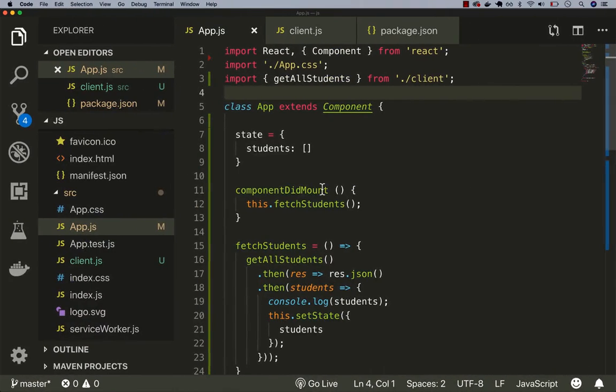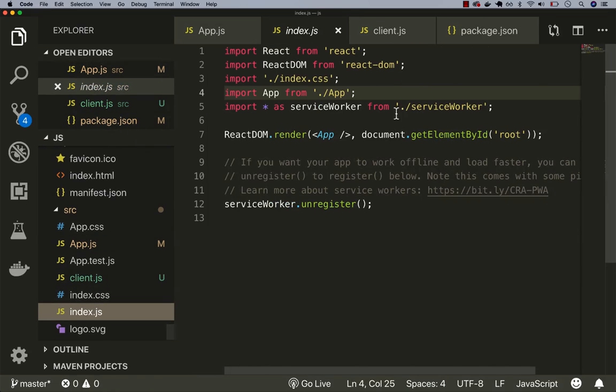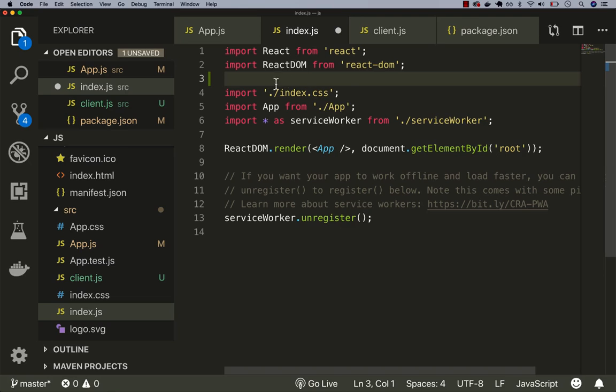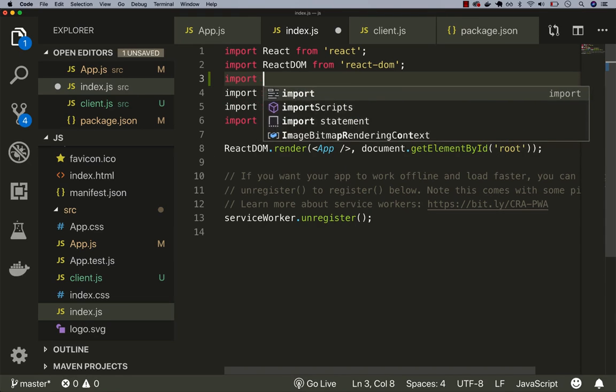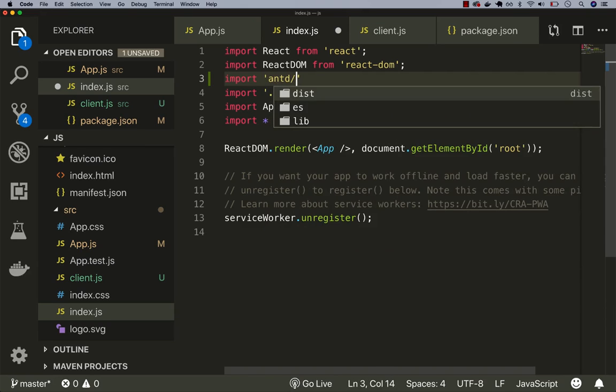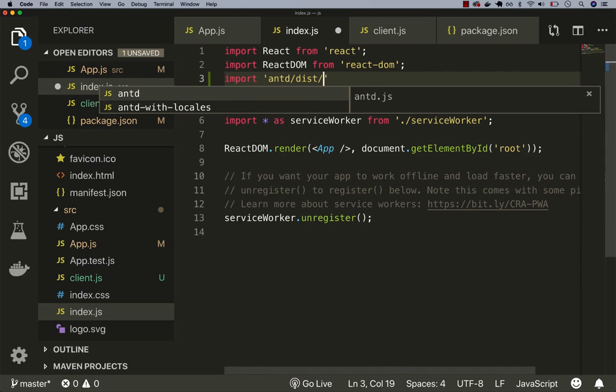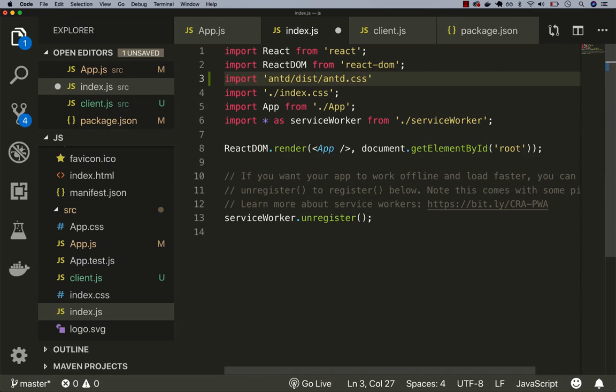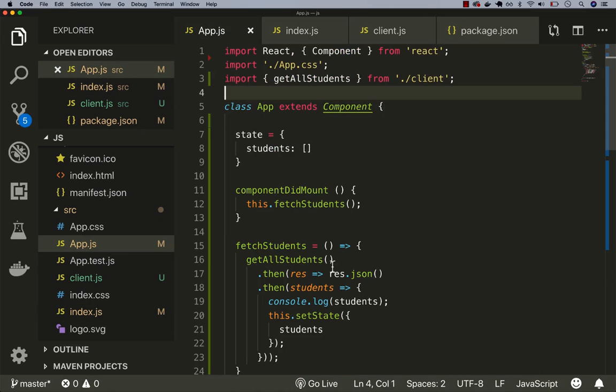So go back to VS Code, and the first thing that I want you to do is to open index.js. Inside of this index.js, before you import the index.css, let's go ahead and say import, and then what we want is antd, and then dist, and then antd.css. So if I end that with a semicolon and save this,